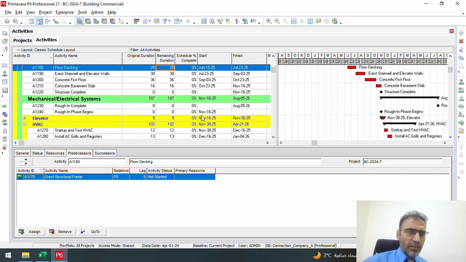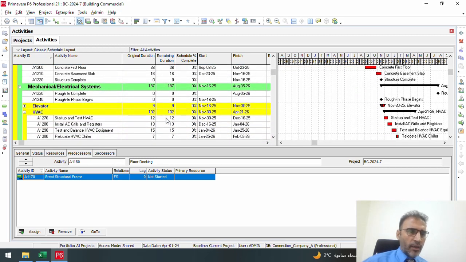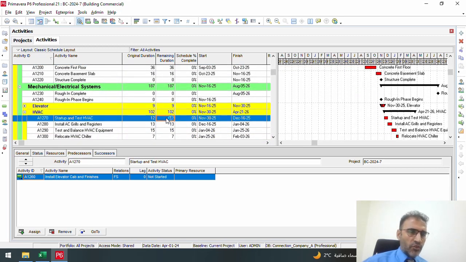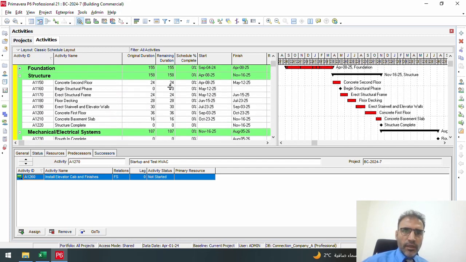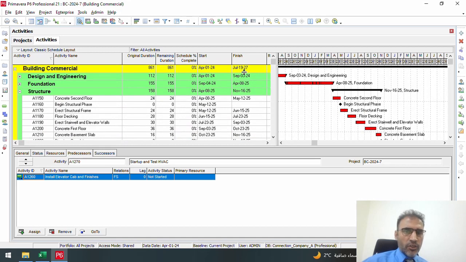What will happen if we make a change to, for example, the startup HVAC? It could be not 12 days but, after re-estimation, 16 days. Up to the moment we see here, nothing has been changed, but once we make the change, we will see, unfortunately, that the whole project has been delayed, meaning that all the activities represented in red color